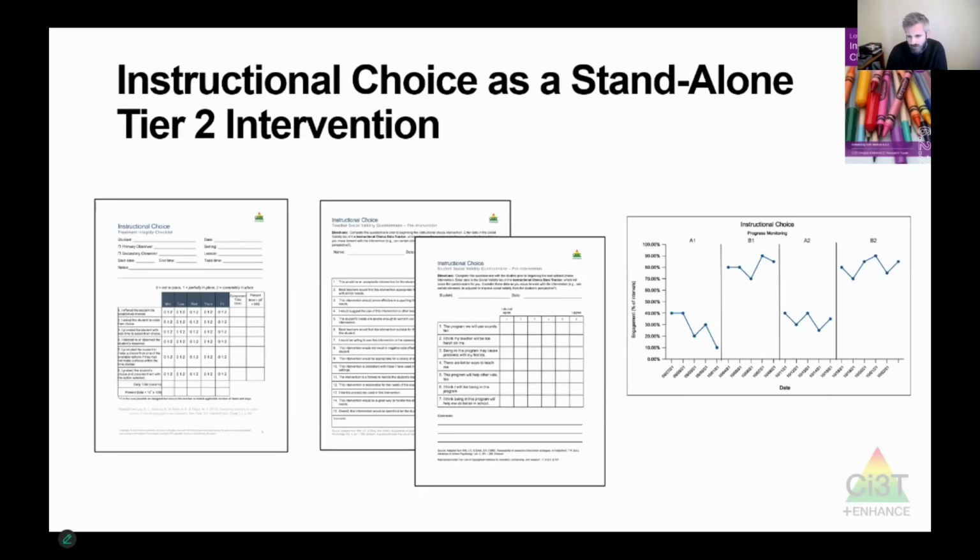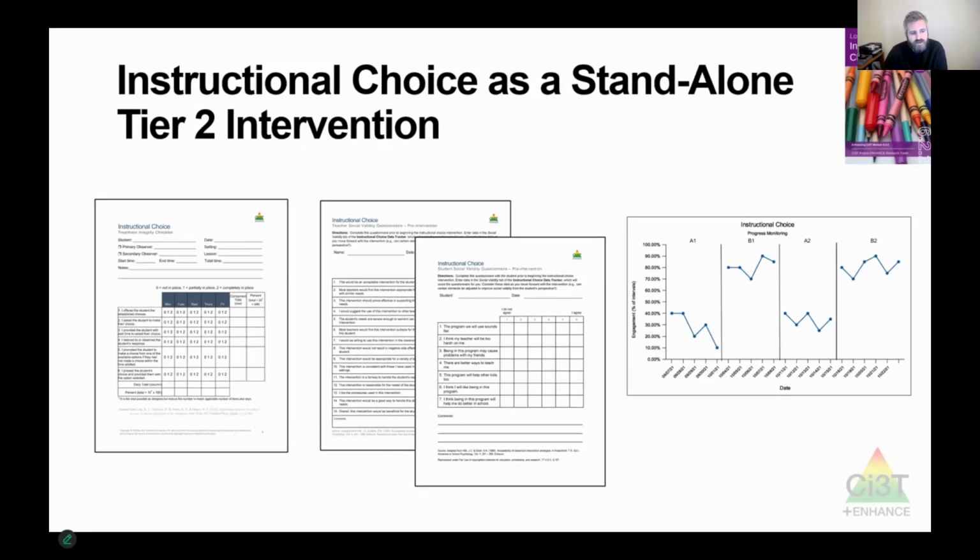It's sort of a self-monitoring form for your own implementation. And if you ever have a student improvement team, general education intervention, or something like that, where you wanted to try choice as one of the interventions, you will blow minds if you show up to those meetings with one or two of these checklists filled out to be like, hey, I tried instructional choice and I did it with fidelity for 2 weeks. And here's what that looked like for me. I swear you'll make people fall out of their chair.